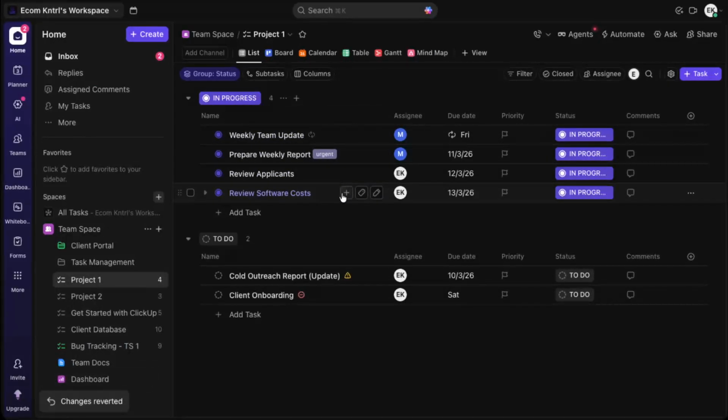That's all you need to do to unarchive a task in ClickUp. Open your list view, use the filter to show archived items,